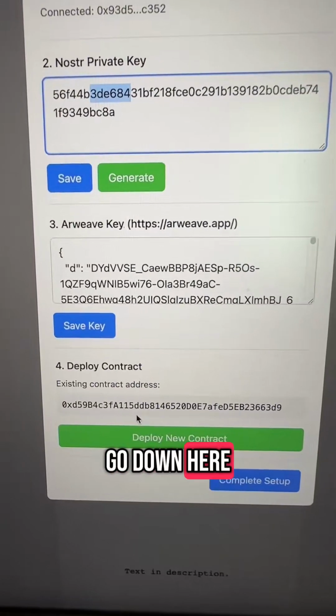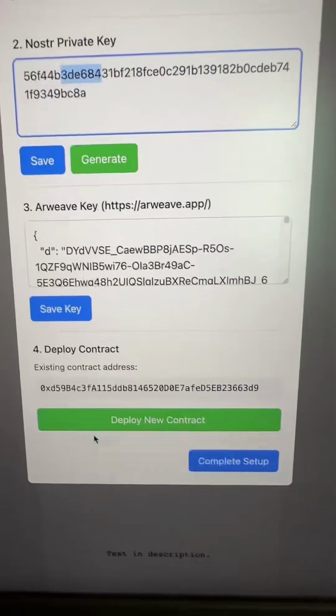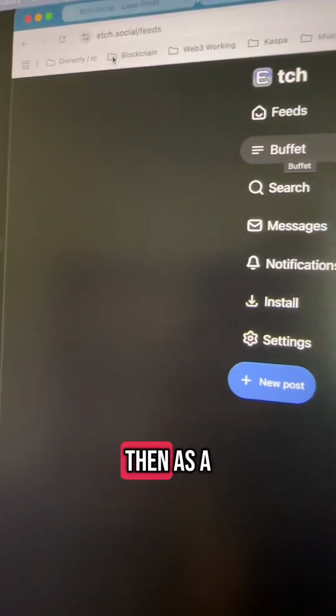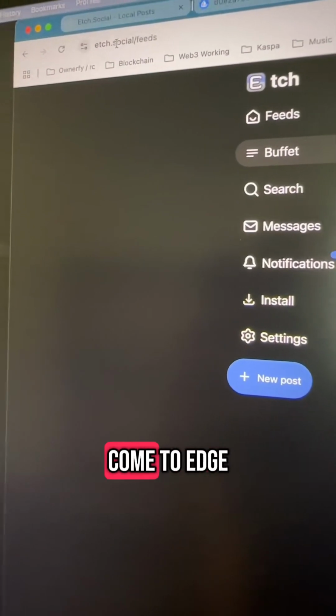And then you go down here, and this is where you deploy your contract. Now, I already have one deployed. As long as you have a MetaMask installed, then you can deploy a contract. It also only costs a few cents. And then as a user who doesn't have the downloaded version, you can just come to Etch.social, and anybody can